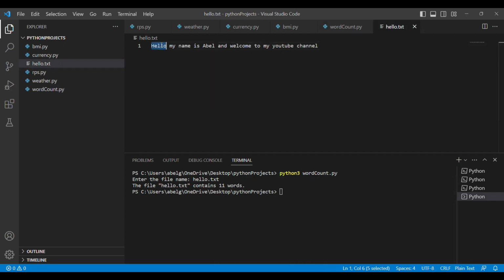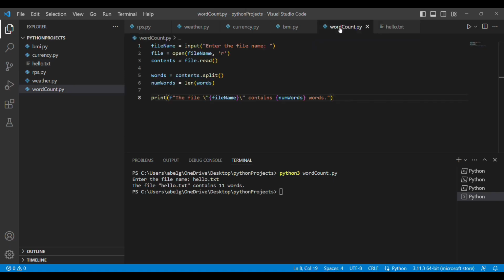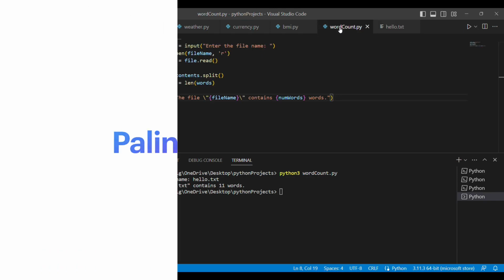So this is 1, 2, 3, 4, 5, 6, 7, 8, 9, 10, 11. So our program works correctly. So this is a simple implementation of a word count project in Python.